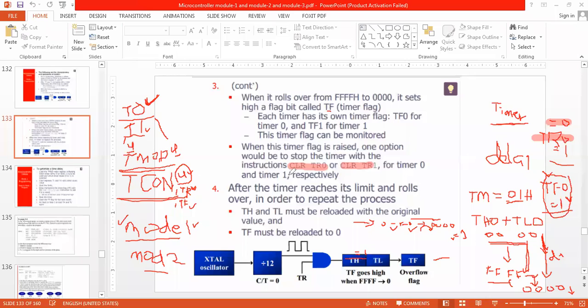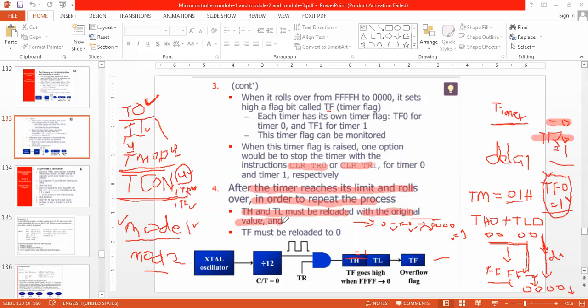I have that option. After the timer reaches its limit and rolls over, if I want to repeat the process, TH and TL must be reloaded with the original value.